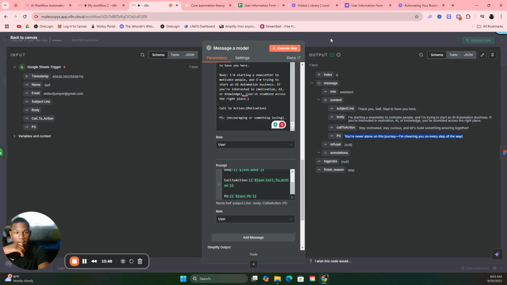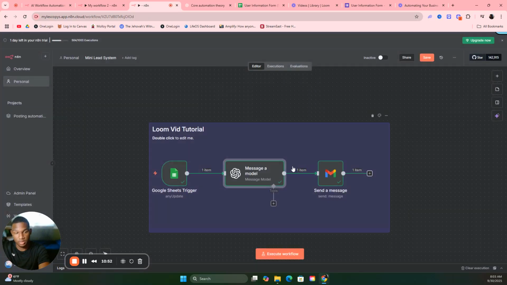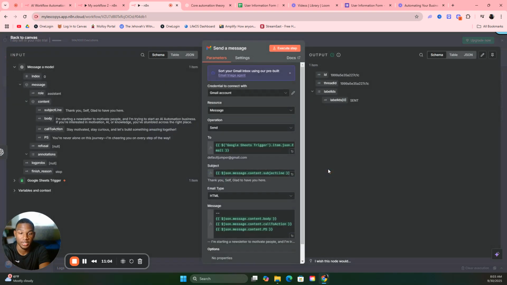And let's go to the next step, right? So we just prompted ChatGPT on what we want it to do. We got the Google Sheet. The person already put in their information. ChatGPT has what they're thinking about, has created what we're thinking about, and put it into something. So from there,